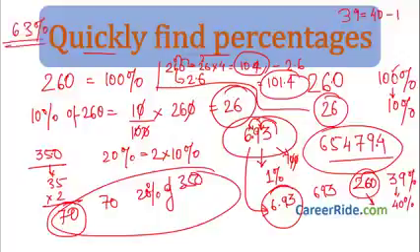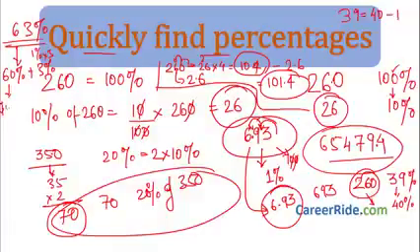If someone wants 63%, what you'll do? Find 60%, add 3% into it. What is 3%? Find 1%, multiply by 3. What is 60%? Find 10%, multiply by 6. See how easy it was. No issues over here. Very easy trick. Just remember this. It would be very useful in exam to solve sums quickly.